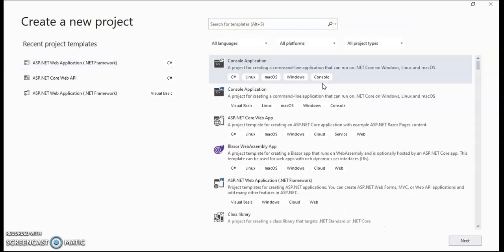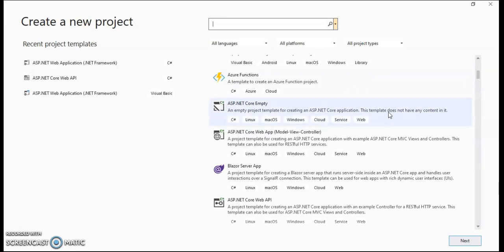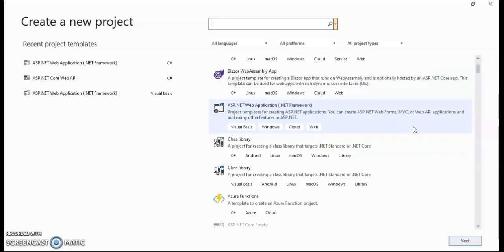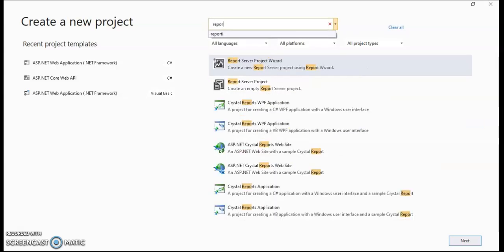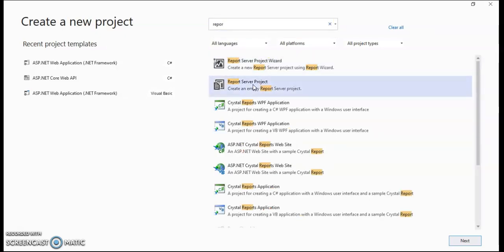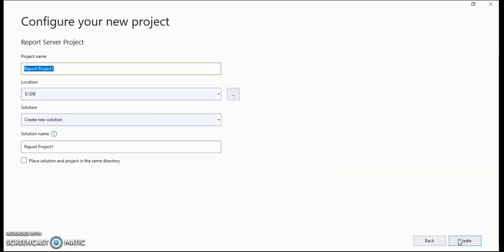While creating a new project, it will load all the possible projects that can be created. So it is difficult to search sometimes. So what I'll do here is just search report. See, when I search for report, the Report Server project is coming. So you have to select that and click Next.